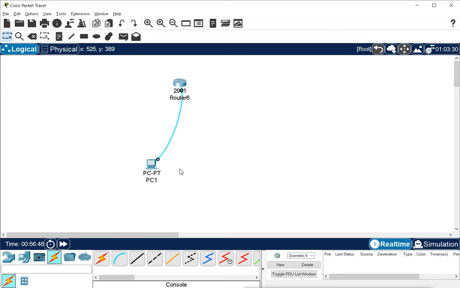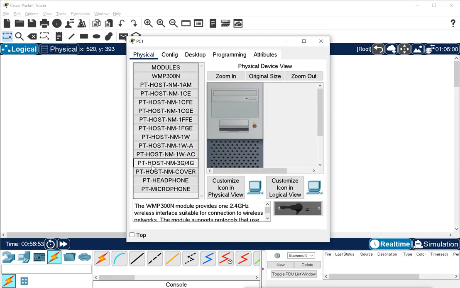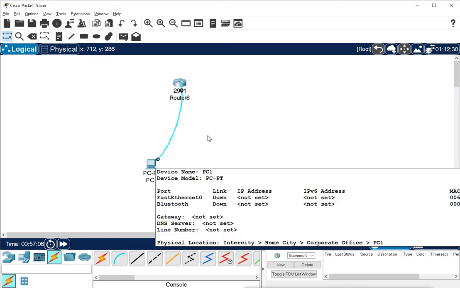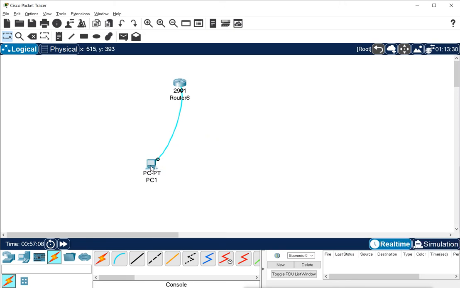Now after you connect that, you will go to your PC and open the terminal of that router. Now how will you do that in a real machine? In a real machine, what you need is software called HyperTerminal. That HyperTerminal was pre-installed in Windows XP, but now it is not built in, so you have to download it.